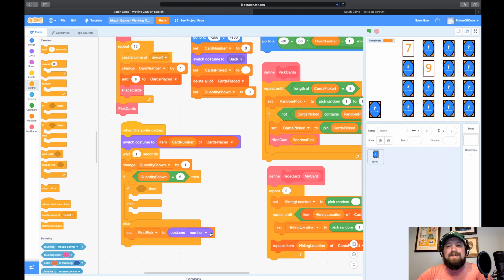This is kind of cool because you can start with a big option of items, and you can slowly whittle them down to do something specifically that you want. A good example of this might be if you guys have ever played 20 questions. 20 questions is actually nested if statements. So it's nested binary choices, and maybe I'll do a video on this one day. I don't think I could do it in Scratch, but I can do it in other languages, and it's kind of cool, and it's not too difficult if you do it right.